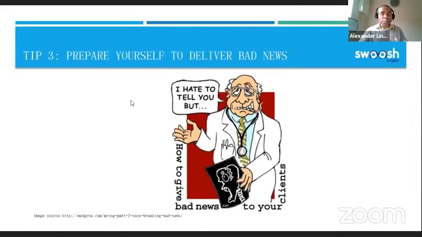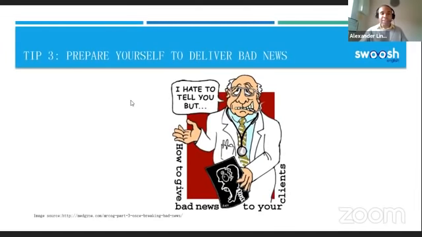On the other side of this, it's also important that if the patient gives you bad news, that you show empathy as well. So let's say, for example, that the patient tells you that their mother recently has experienced a serious illness. As a medical professional, you would want to respond to this. So you would give a response such as, "Oh, I'm sorry to hear that. Oh, that must be really difficult for you. I'm sorry." So constantly showing empathy to the patient, showing empathy when you deliver bad news, but also when you receive bad news from the patient as well. So that's tip number 3.